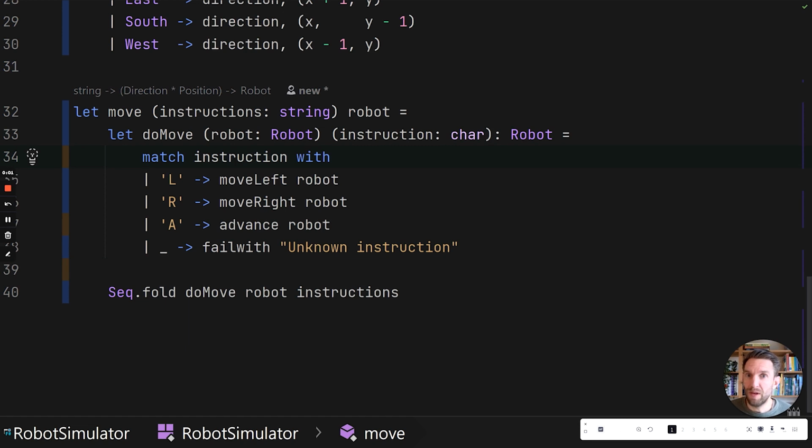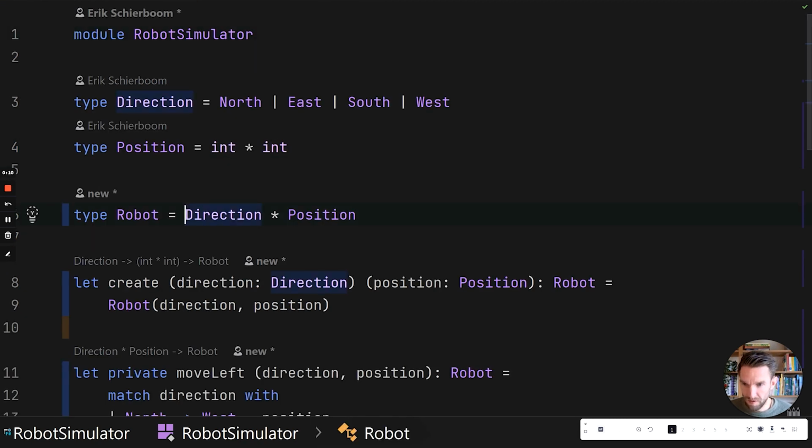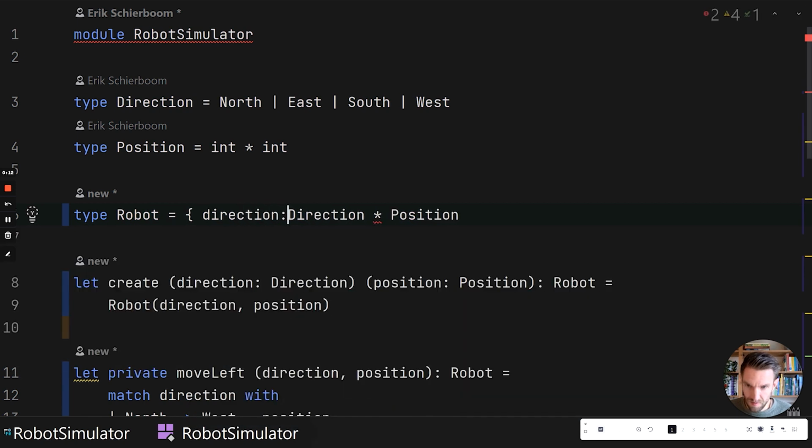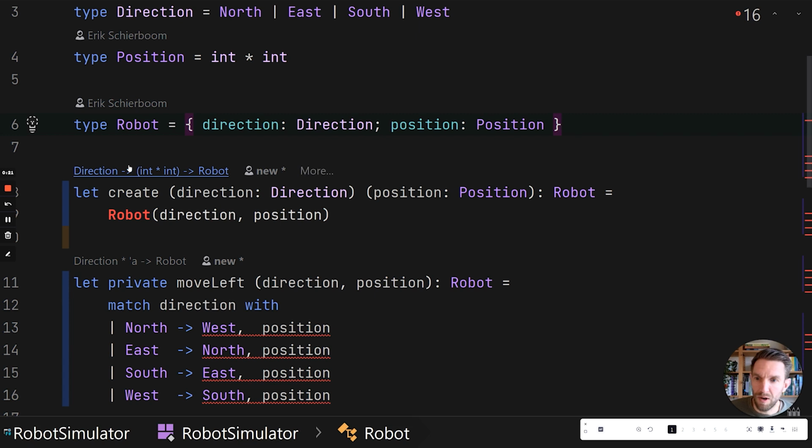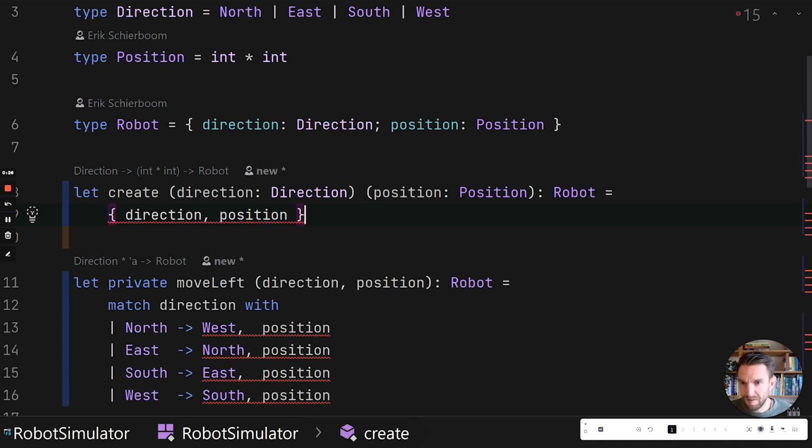Our third way in which we could model the robot is via a record. So let's try and see how that changes things. So we're going to model the robot using this syntax, direction, and then position, colon, and then closing it with curly braces. Then we need to change the create call because records are created in curly braces. We need to assign the individual fields and we need to convert this to a comma. One thing that we could do is the compiler will now infer its type based on the names and the